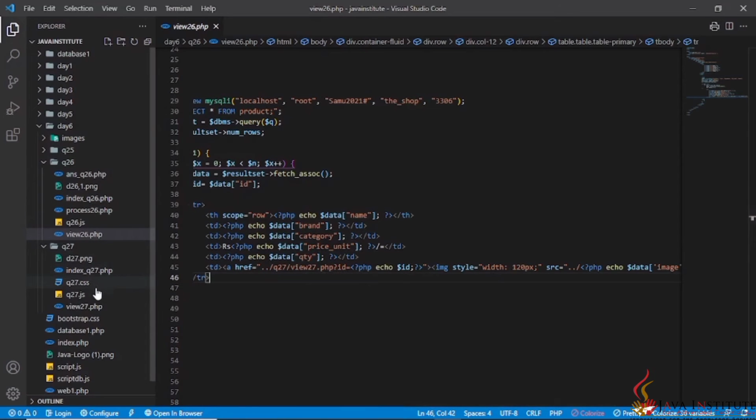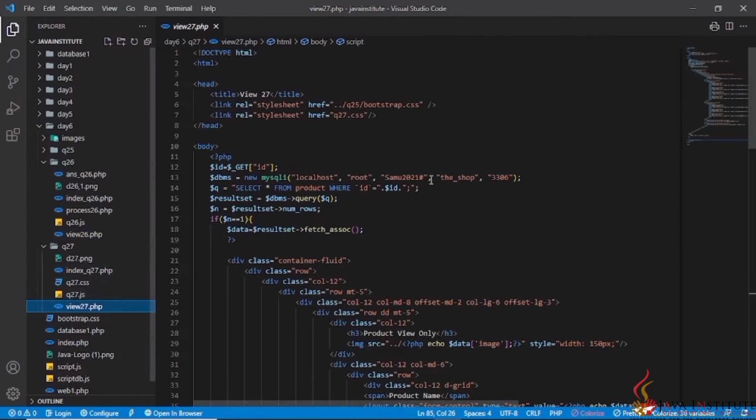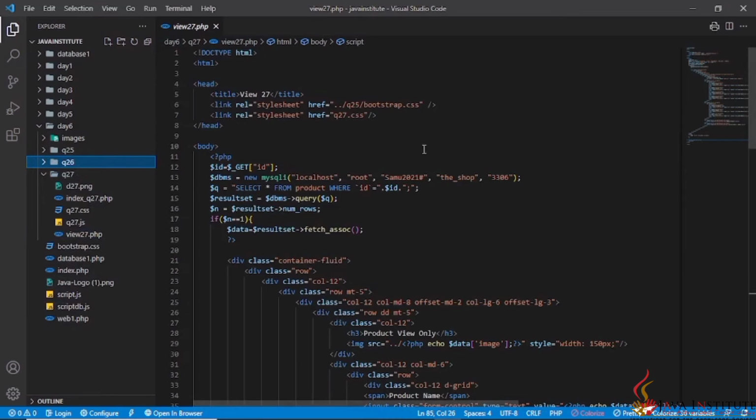So that goes to this view27.php file, and here in this file I get the ID of the product by the $_GET associative array and store it within this $id variable.